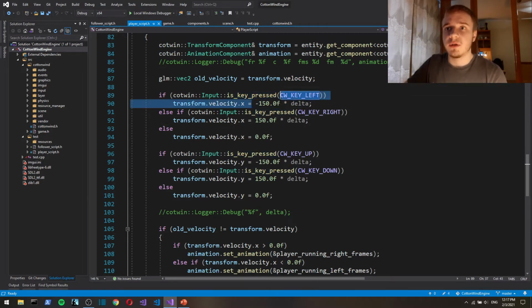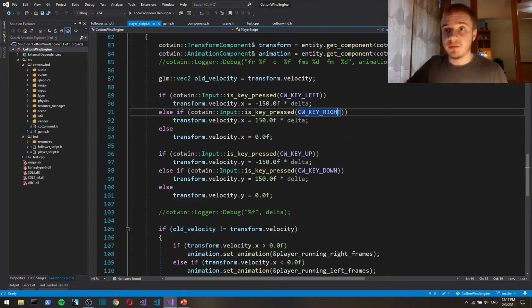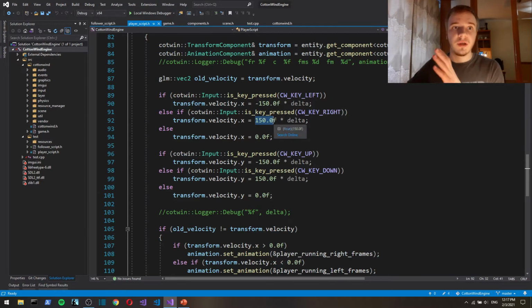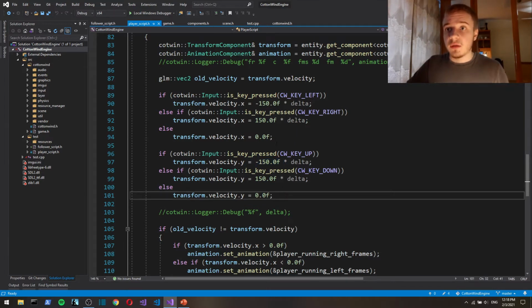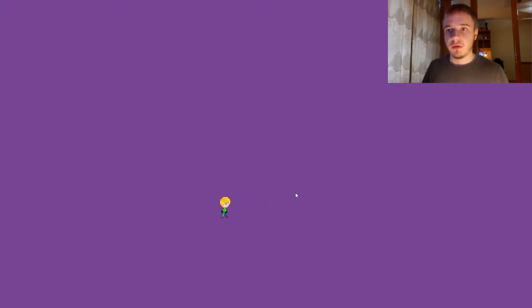So if I press left, then the position is gonna be shifted to left, and if right is pressed, then it's gonna be shifted right, and same goes for up, down. And if we're not pressing anything, we just set velocity to 0.